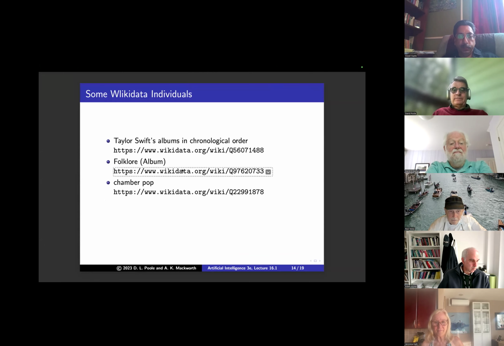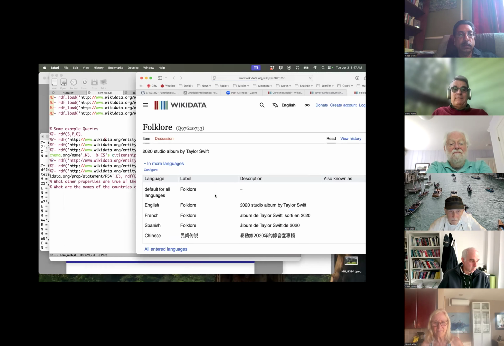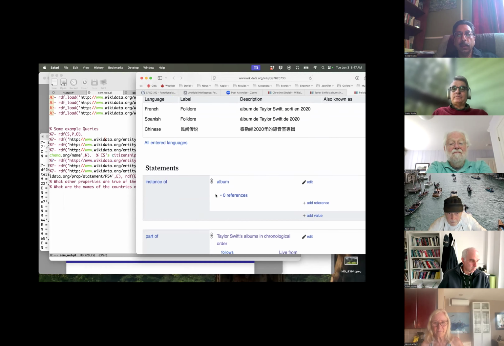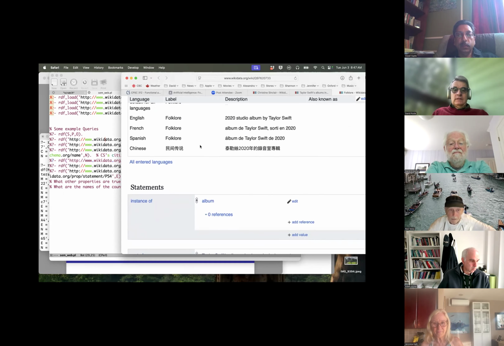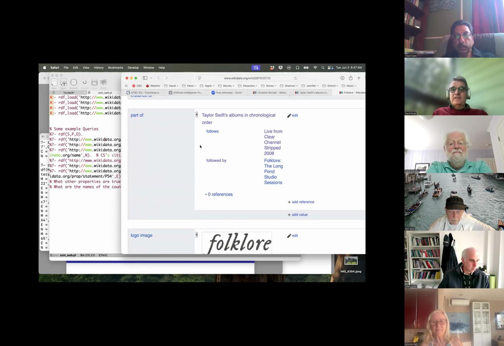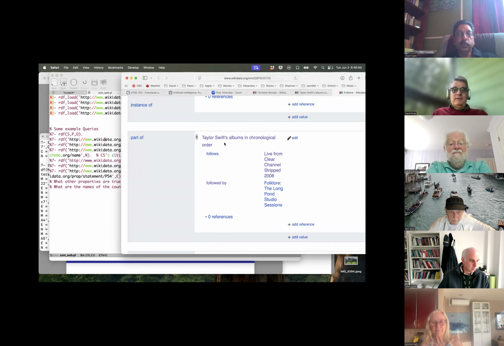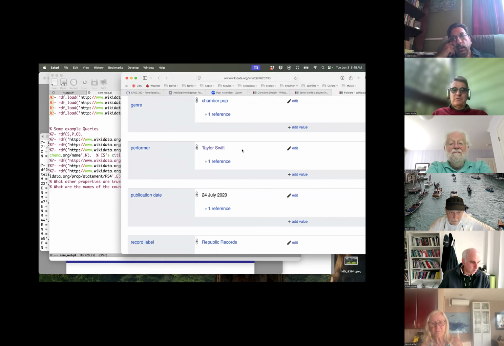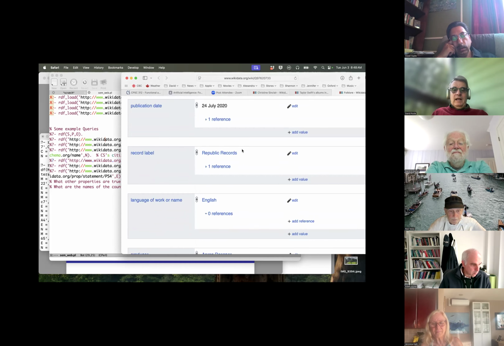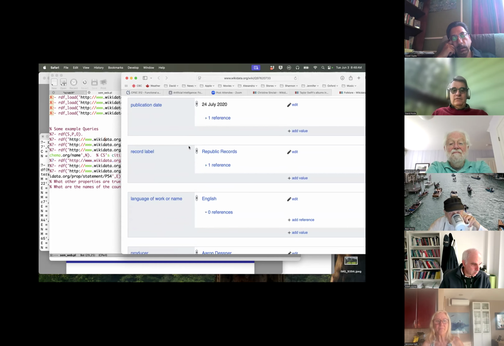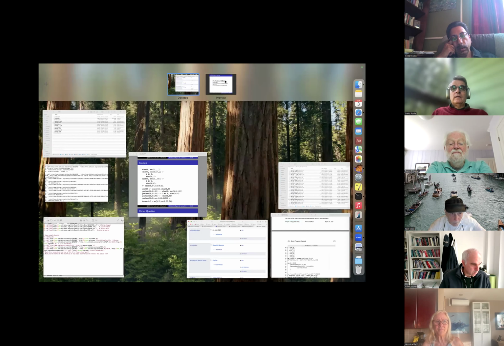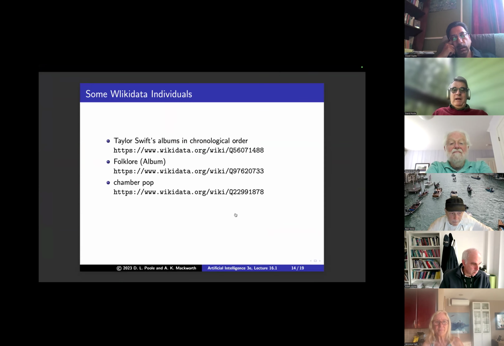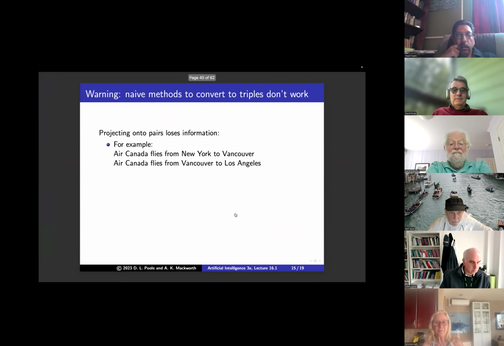If you open it up in Wikidata, you find that it has lots of data, and it's part of the albums in chronological order. It has a title, and all of this data we can access through Prolog programmatically. You can find lots of interesting things. Chamber pop apparently is one of them. Music listening is an entity.